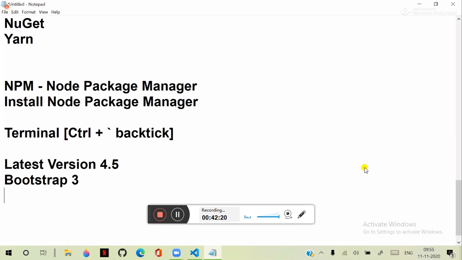The future version, Bootstrap 5, is coming. We are waiting for Bootstrap 5. It will take some time. It is just a trial release, not officially provided. Bootstrap 5 has more abilities than Bootstrap 4 because they